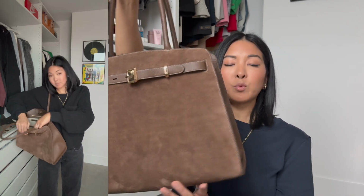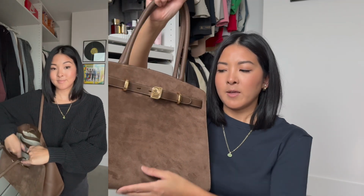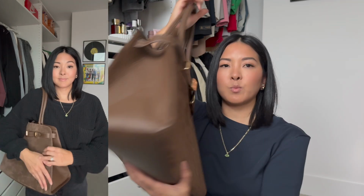But again, I'm so happy that the strap drop fits so nicely over the shoulder, so you can wear it with bulkier sweaters or a bigger jacket, but as well you can carry it in the crook of your arm or just handheld. As well, it is reinforced so that it does keep its shape. I know that's one of the features, so I can feel on the front here that it is reinforced, as well as the bottom. You can see that it has that reinforcement there, so it shouldn't ever lose its shape,